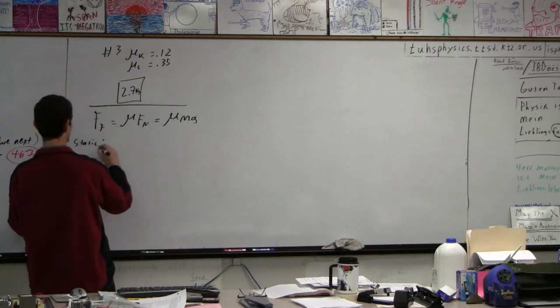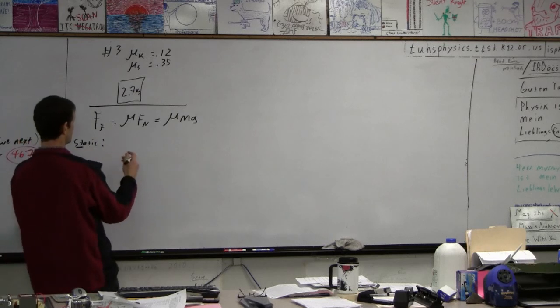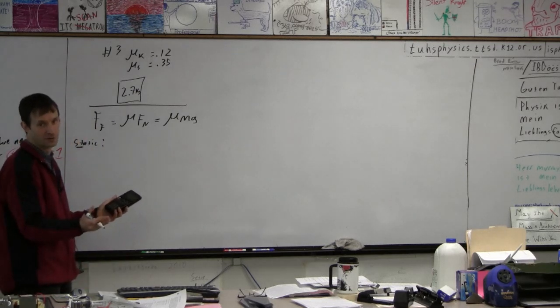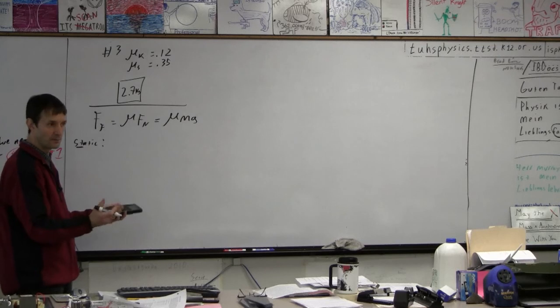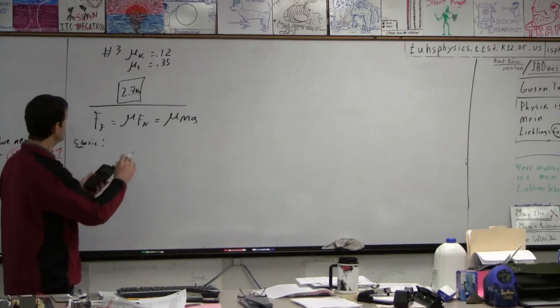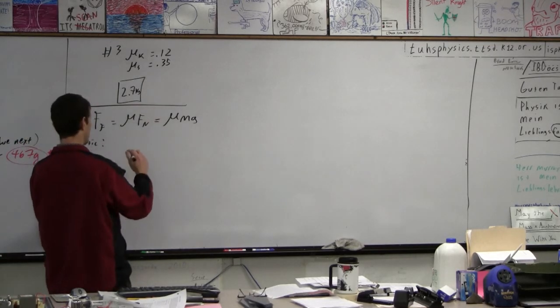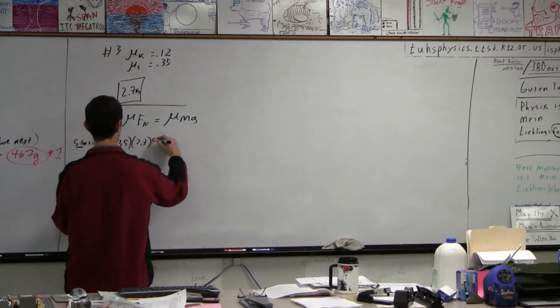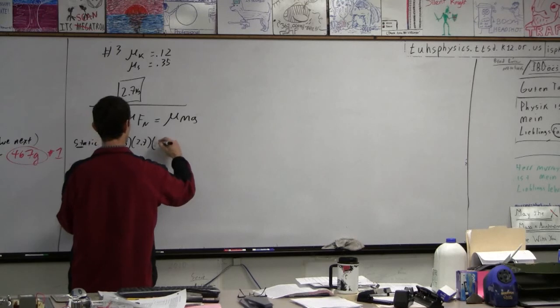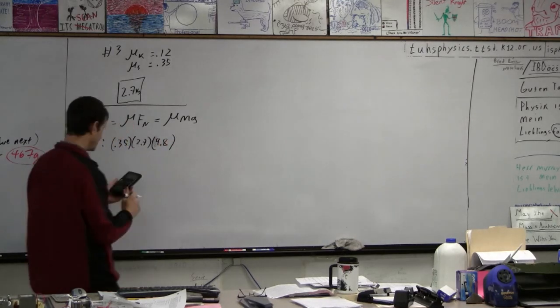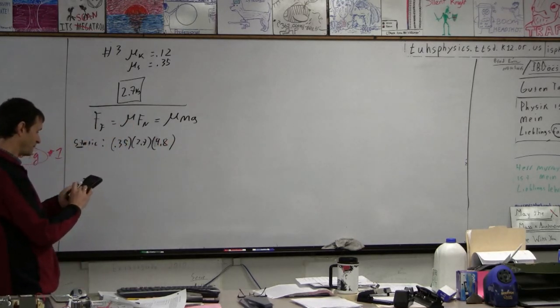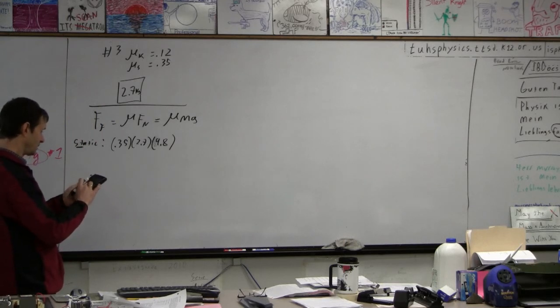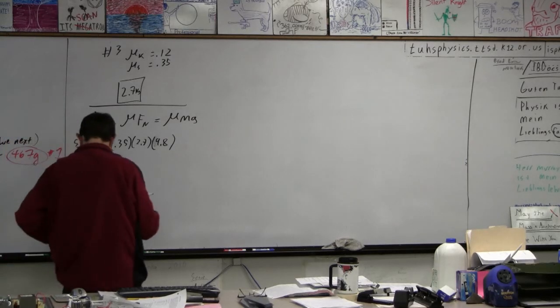to start it moving, you can just always remember the larger force is always the one to start it moving, whether you forget what static and kinetic mean. I'm going to use the bigger number, so I'm going to go 0.35 times 2.7 times 9.81. 9.8 is good enough, right? So 0.35 times 2.7 times 9.8. And I'm getting 9.261